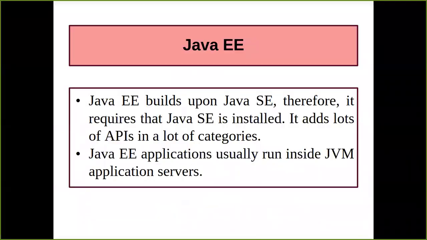So we came to the third edition, the Java Enterprise Edition. I told you that it was built upon your standard edition. Your core Java was your standard edition, and your enterprise Java is the enterprise edition. You should know the standard edition, as it carries forward into your enterprise edition. It's not that if you don't have any basic knowledge of core Java you can directly start with enterprise Java; that's not going to happen. So the enterprise edition includes all the features of SE, plus all the new add-ons, features and APIs in its packages. It usually runs inside your JVM.